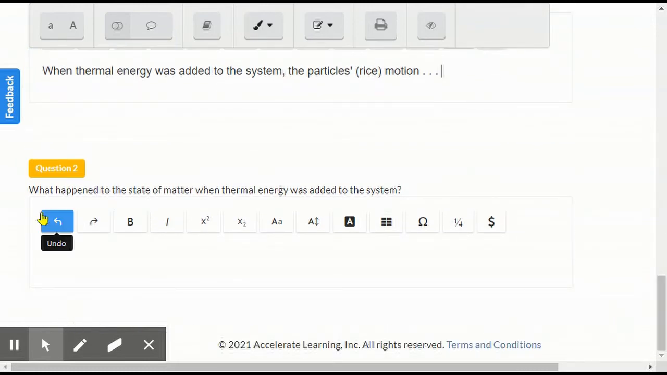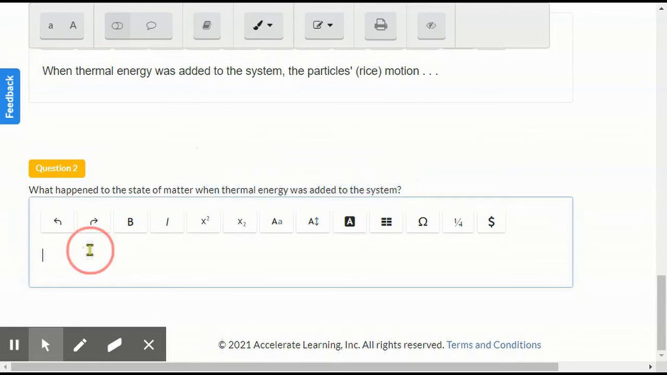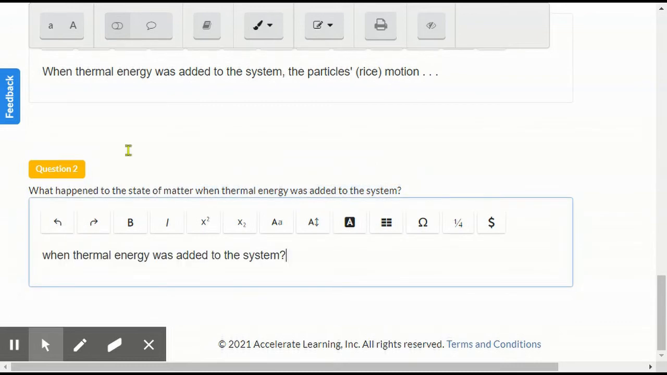Question 2 asks, what happened to the state of matter when thermal energy was added to the system? Copying that part, right-click pasting, turning it into a proper sentence with a capital. When thermal energy was added to the system, comma, the state of matter